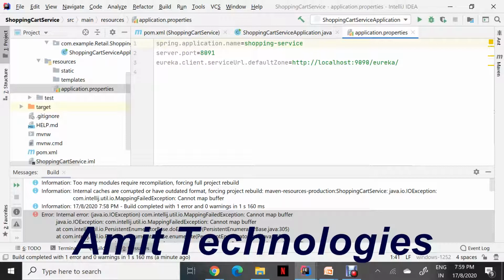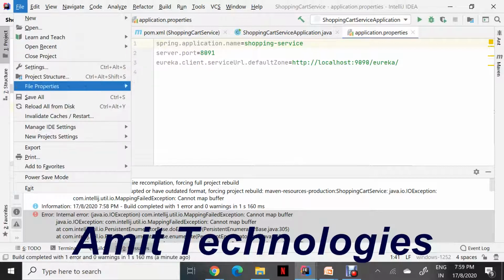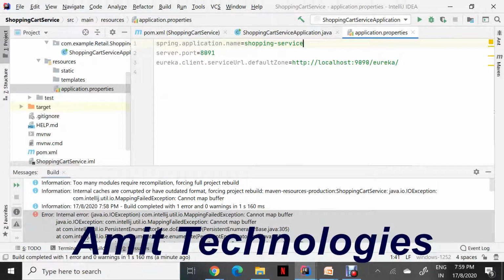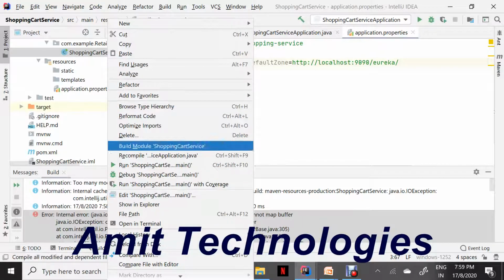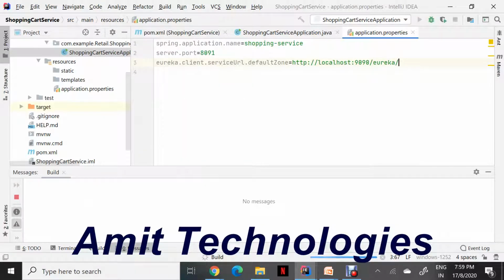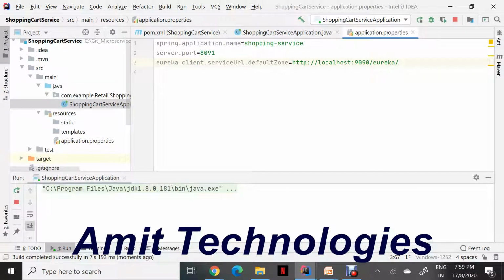Shopping cart service, let me put it as shopping only and then save it and try to restart it. Let's see if something was wrong. I think it is starting.